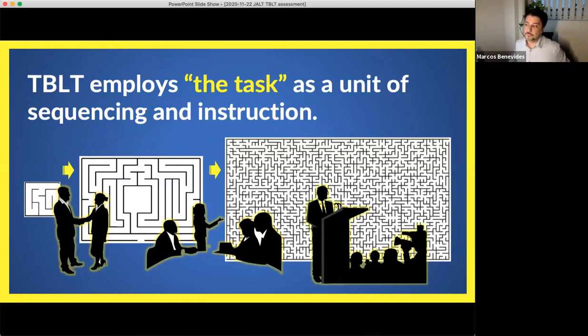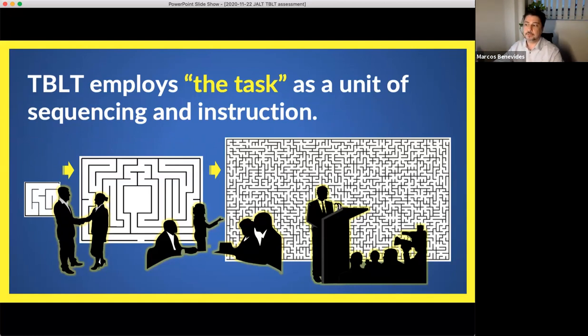Now, this is the real heart of this. This is the real innovation of TBLT within the context of communicative teaching. It employs the task as a unit of sequencing and instruction. This is where the real innovation, I think, was introduced through task-based learning, because before TBLT, there was a fuzzier notion of what these communicative things are that we are teaching.